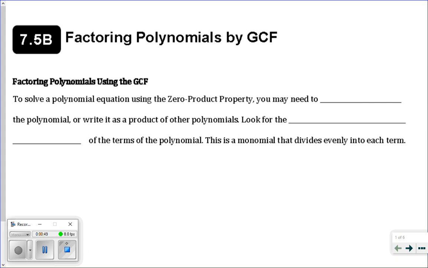Okay, so the reality is, though, a lot of times our polynomials are not given to us already factored. So to solve a polynomial equation using that zero product property, you may need to factor it first yourself. It might not already come factored the way that these examples came in the last lesson. So we may need to factor the polynomial, or in other words, write it as a product of other polynomials. And one of the first and most basic ways to do that is to look for what we call a GCF, which means the greatest